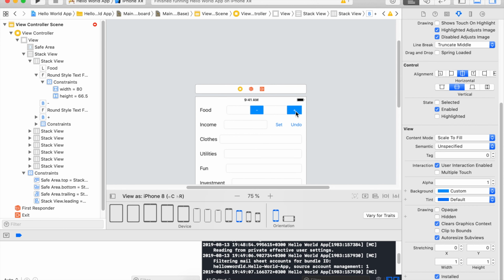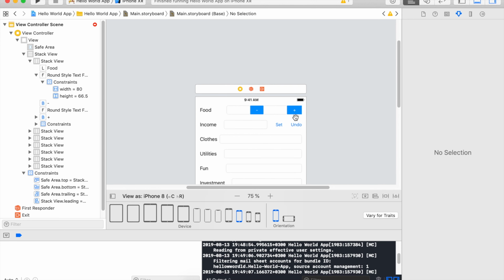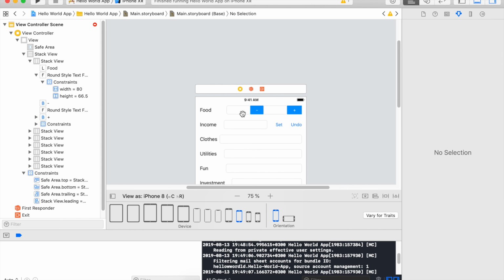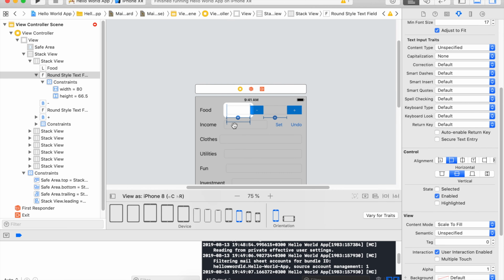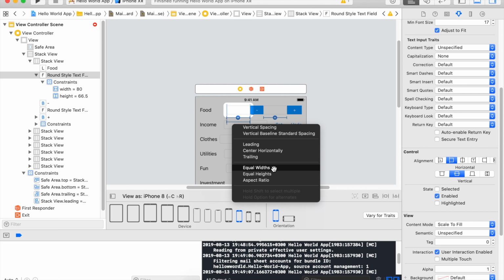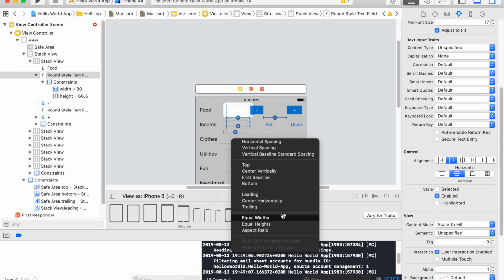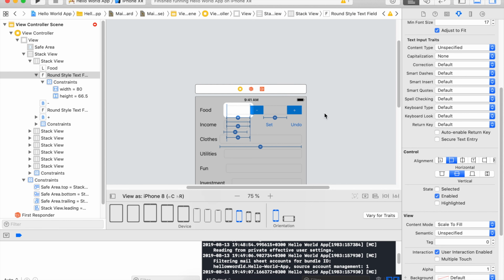Maybe it is. Anyway. Now let's click the first cell and drag it to the next cell and give it an equal width. Now as you can see, everything shrinks down to the specified width,